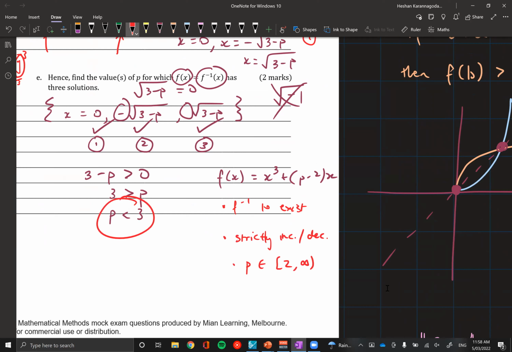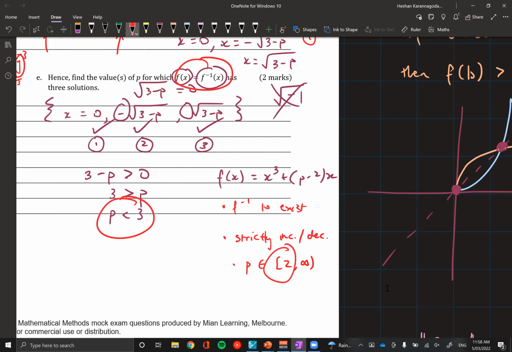p was less than 3 to be valid. But if p is less than 3, like let's say if p was 1, that wouldn't make sense because then our function wouldn't be strictly increasing. Hence, we wouldn't have an inverse function. Hence, we wouldn't have any solutions to solve this equation with because the inverse function wouldn't even exist. So even though there might be a rule for it, the equation won't actually be valid because the inverse function doesn't exist. So that's an important factor in this question where we have to note that there are some values of p for which the equation is just not valid.